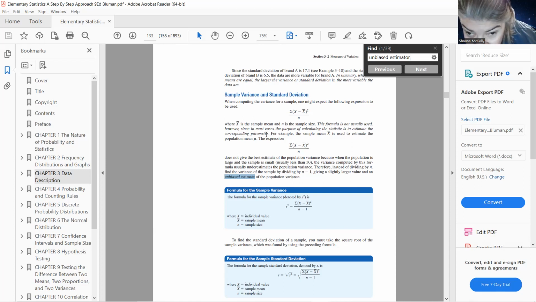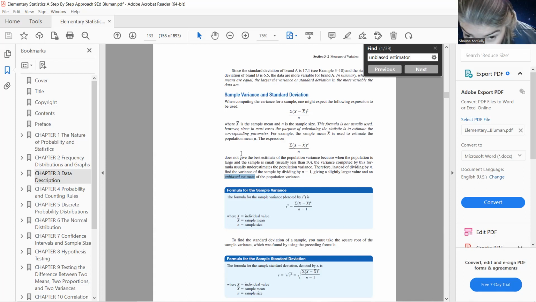This expression does not give the best estimate of the population mean, okay? So the population variance doesn't work well either, because when the population is large and the sample is small, the variance usually underestimates the